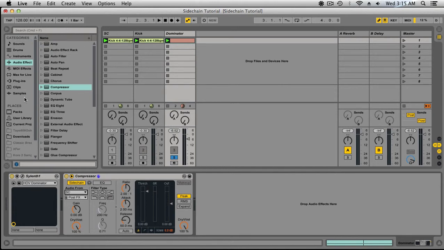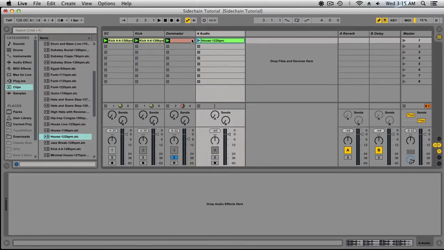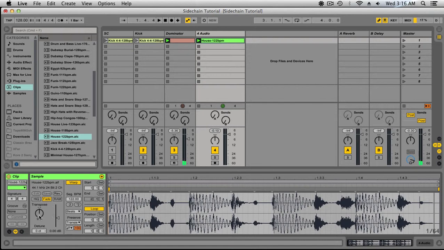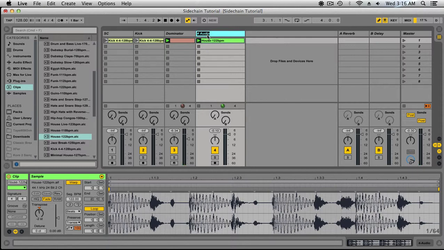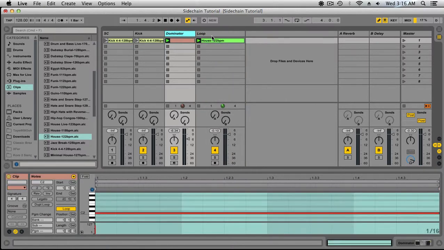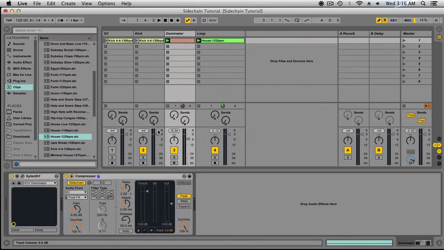All right, so what about, there was a cool house loop. What about if you have, let me turn these off. Okay, so what if you have a pre-rolled loop and it's got all the elements in it, not just the kick, it's got snare and all that other good stuff. You can still have the compressor react to just the kick in the sidechain. So what you do is you go back to the sidechain,